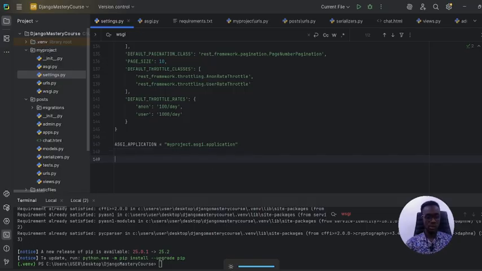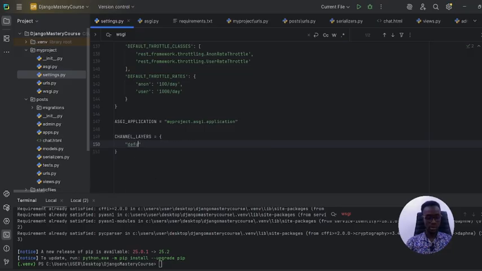Then the next thing, we're going to tell Django which channel setting I would like it to use. Now, you can actually use quite a couple for your channel setting, right? But since we're in development, we're going to look at something we can do now. And as you advance in your career, you're going to learn to use Redis. So let's have it